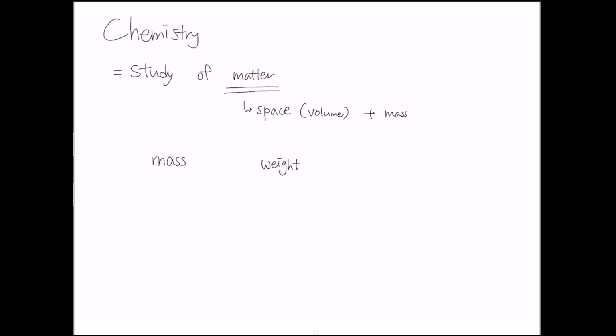When we talk about weight, we have to consider gravity as well. So we can actually calculate the weight, including the concept of gravity. Weight is W and mass is M. Okay, weight is equal to gravity times mass. G stands for gravity or gravitational force. So we should be able to differentiate between mass and weight.